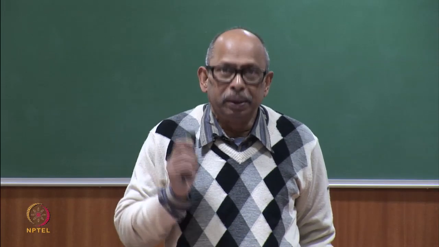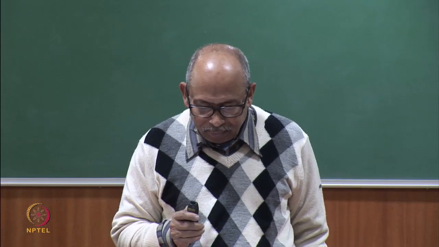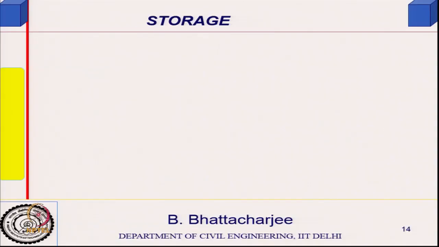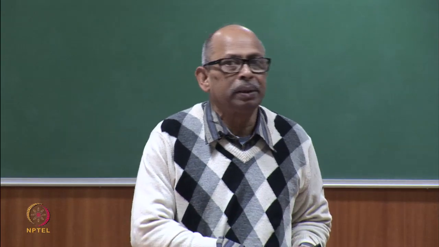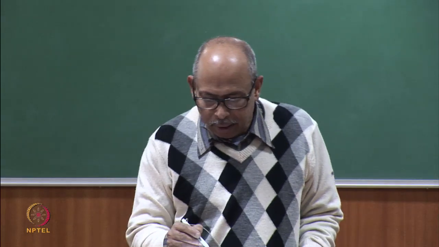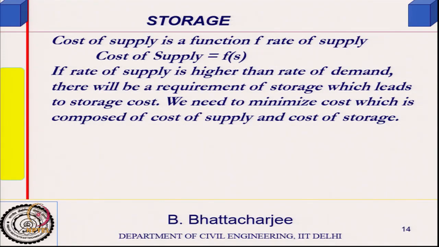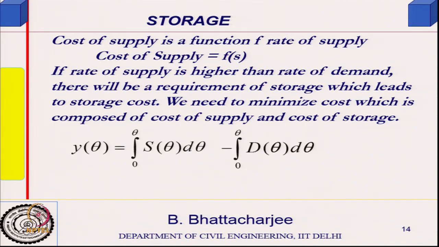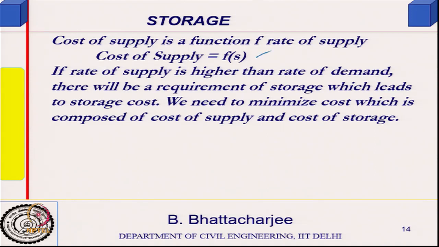So, we will continue with storage, and as I was mentioning in the last class, we optimize the size of the storage. We take, say, supply cost, we write it as F s, where F is a function of supply rate. So, the cost of supply is a function of supply rate, and basically we must maintain this